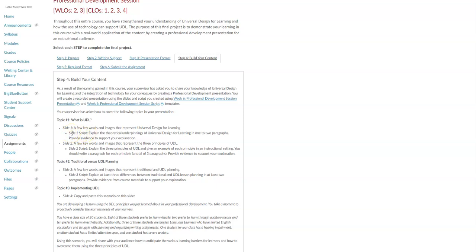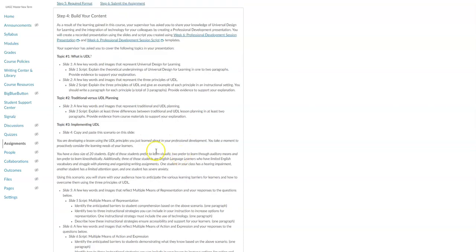Be sure to refer to the templates for further support. So the first topic covers helping your audience understand Universal Design for Learning, or UDL. Here, you will provide the theoretical underpinnings of UDL in 1 to 2 paragraphs using evidence to support your explanation. This is where you want to tell your audience how UDL came to be.